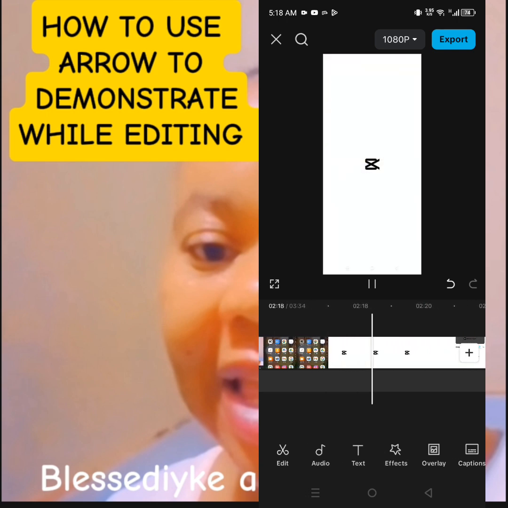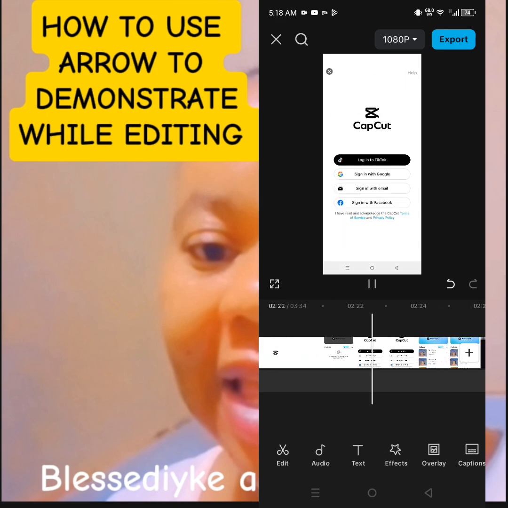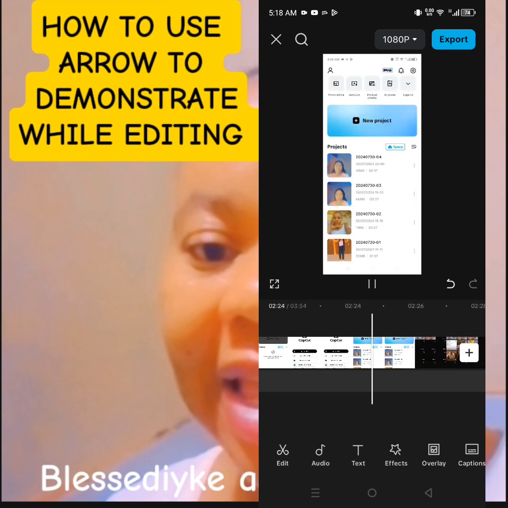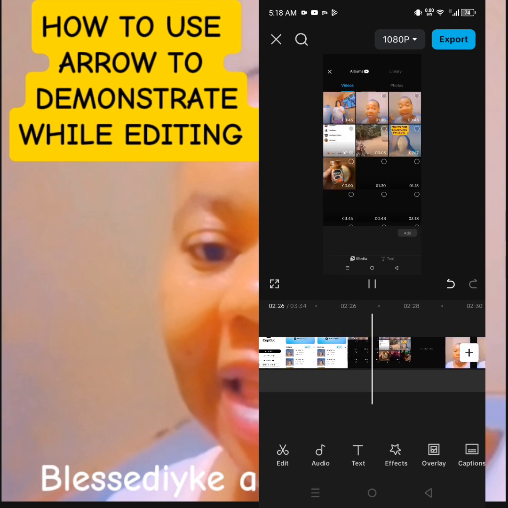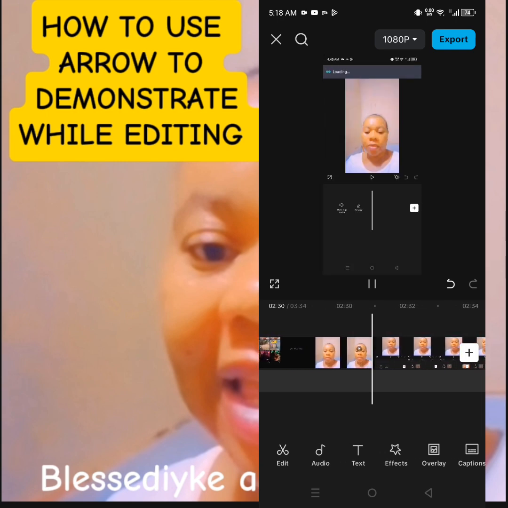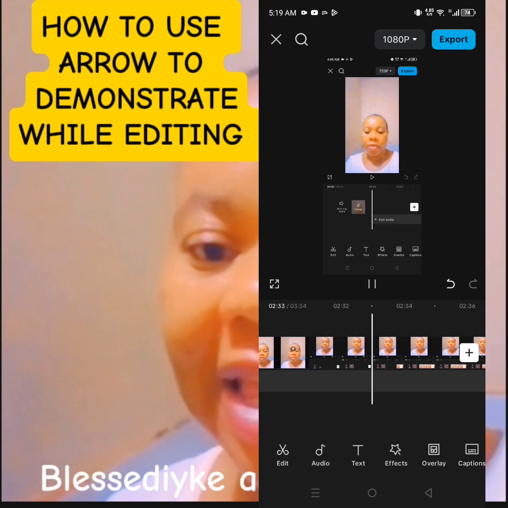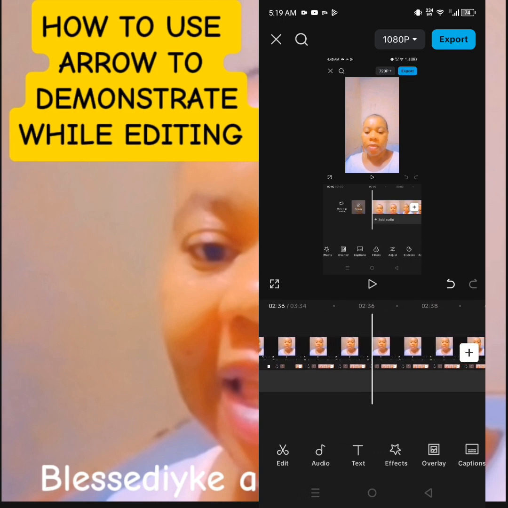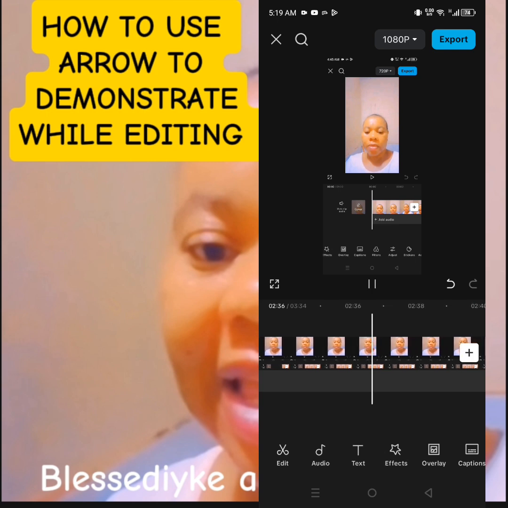Let me use this video now and give you an example of how to do it. So go to new project, bring in the video, add it. Once you add it, you look down these icons. Look for aspect ratio. So this is how to apply